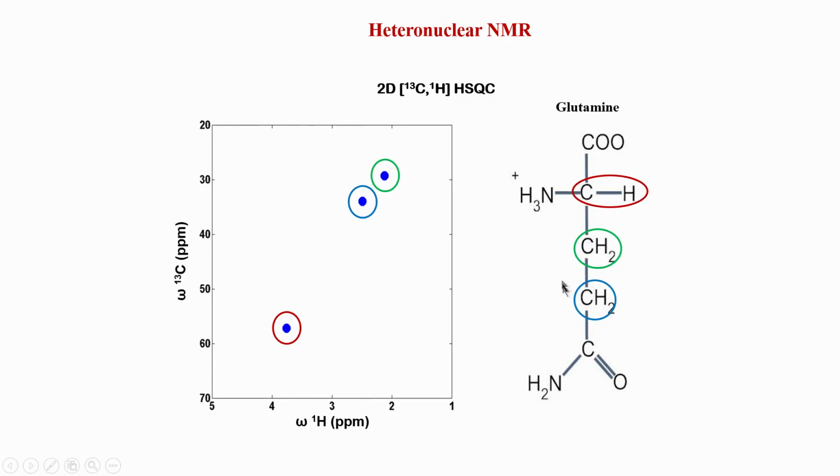So, like this we can call it a family of protons and carbons in an amino acid. So, we use the word spin system. We can think of the whole molecule as one family, and in the whole molecule the carbon proton spin system consists of these 3 groups: methyl, 2 methyls, and alpha, beta, gamma. So, this is the way we have to think about spin systems in amino acids and proteins, because that will be a very useful concept when we go for further assignment of proteins and structure determination.